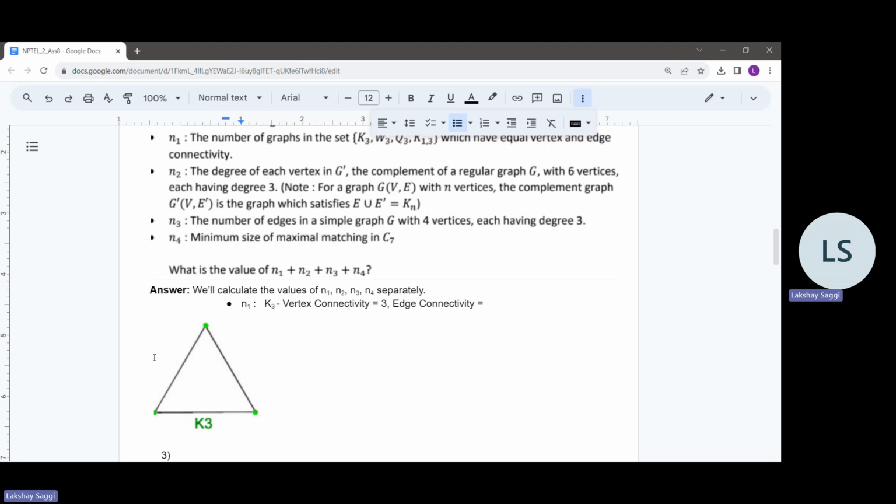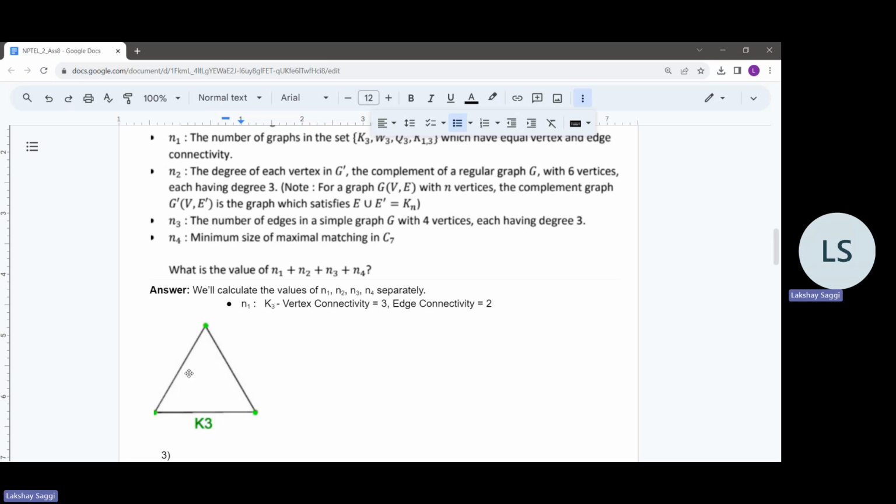Is this clear? Obviously, there's no one in the meeting. I guess the one person who was there has left. So after deleting these two vertices, this vertex becomes disconnected from these two vertices. That's why we can say that deleting these two edges makes the graph disconnected, and so the edge connectivity of the graph is actually equal to 2 only,